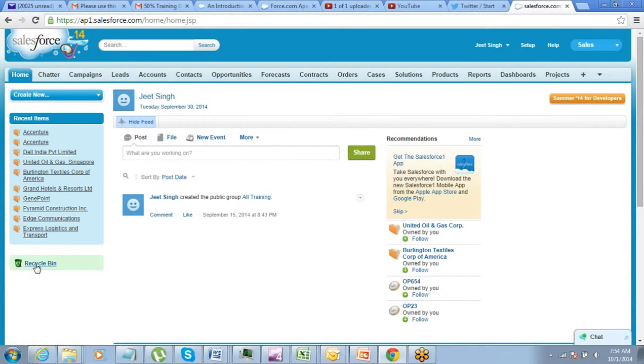So here is the recycle bin. Whatever data you delete comes to the recycle bin. If you are not permanently deleting, so there is an option of permanent delete also. I'll show you that thing as well. So that's the first thing that we need to keep in mind, that we should not delete anything permanently.